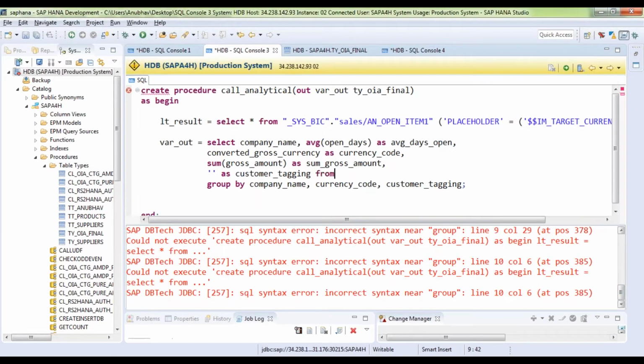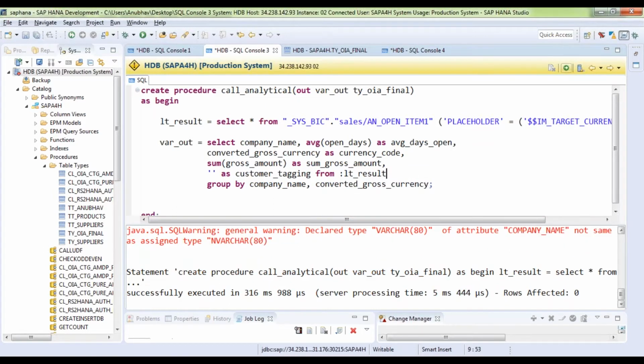We missed it completely. So select these fields from where? This table, the local table. That part I missed completely. You have to use the main field names, and the field which you are calculating, the literal which you are calculating here, is not required to be part of your group by clause. Only the actual field name has to come up over here, and that's it. I think this should 100% work.